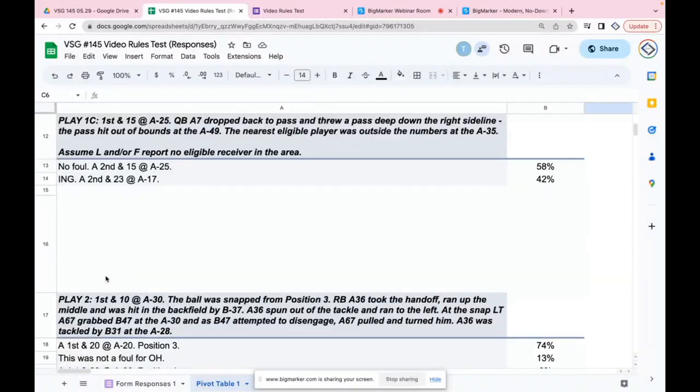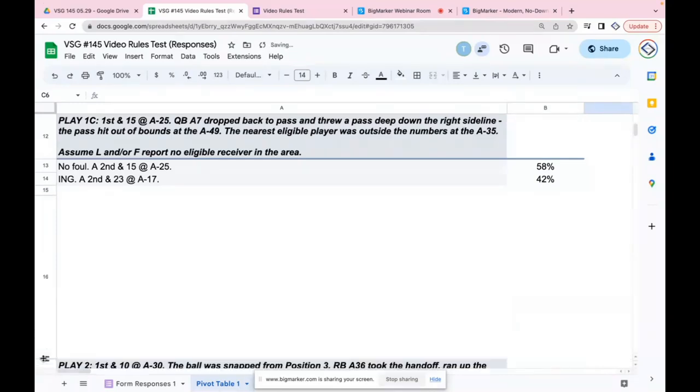Awesome. All right. As I just kind of build the airplane after we take off here, which is great. Okay. And then 1C, obviously it's the same play. We've all seen it. Let's get after it. And look at these results. I mean, this is great. 58% versus 42. Yeah. Okay.